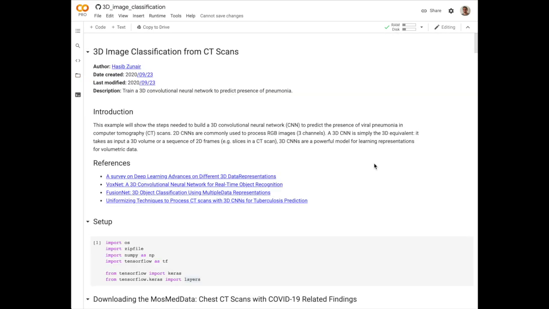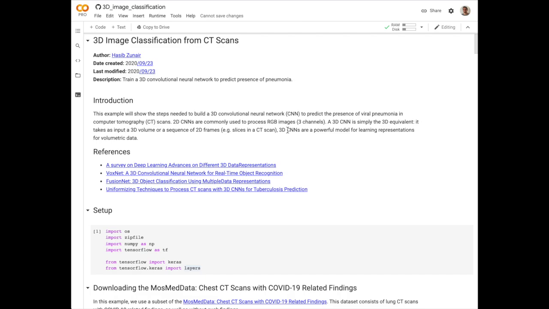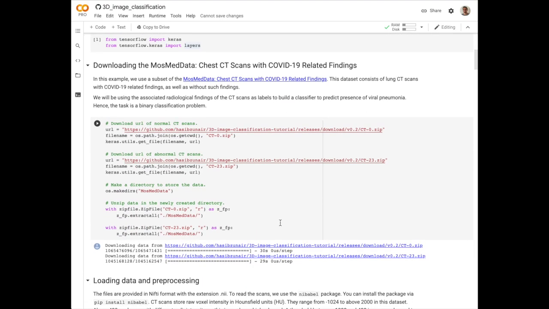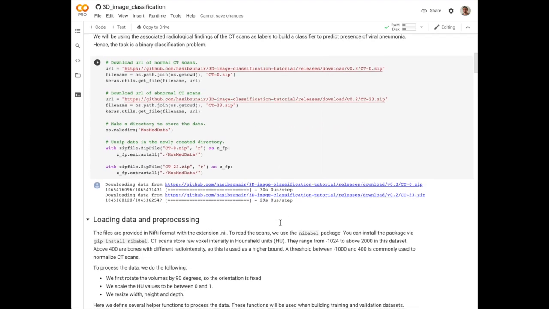CT scan. So to quickly recap some of the things that we've learned in this video, we've seen how three-dimensional convolutions are defined, how we define a three-dimensional convolutional network, and how this differs significantly from what we usually use in computer vision, which are these height by width by RGB images. Here we're using height by width by depth CT scans in order to detect viral pneumonia in this kind of